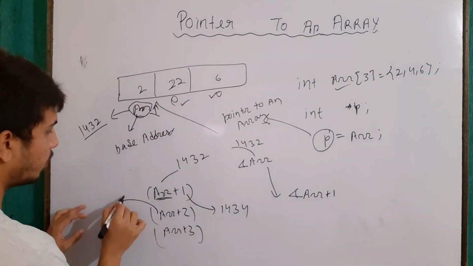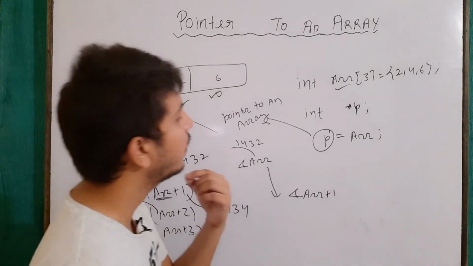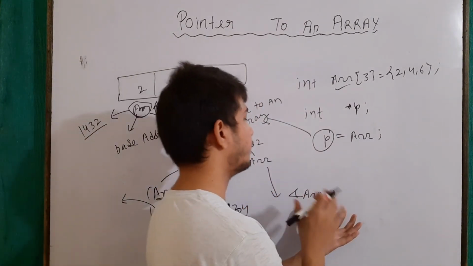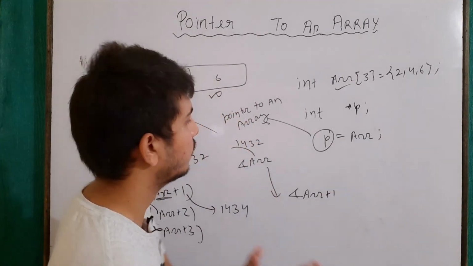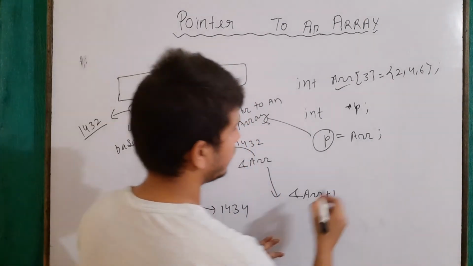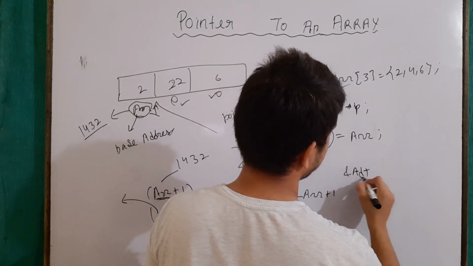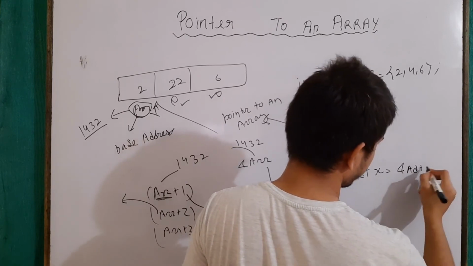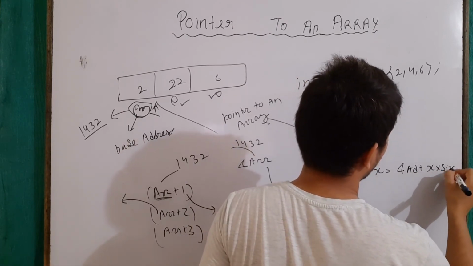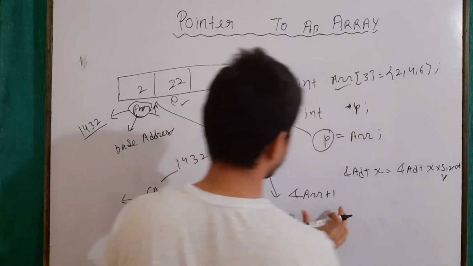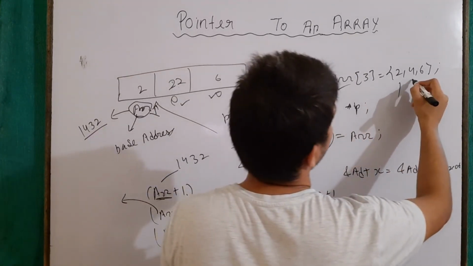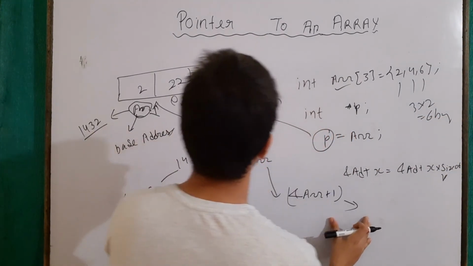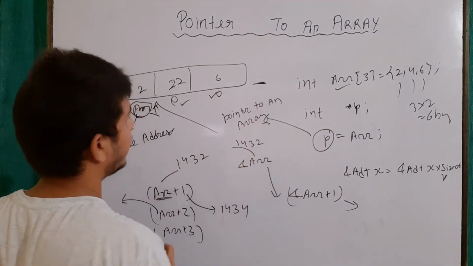Why? Because array is pointing to the address of a normal variable, while address of array is itself pointing to the address of the entire array. From pointer arithmetic we know that address plus any value x will be equivalent to address plus x times the size of the variable. So now the size of the entire array is 3 into 2 bytes, which will be 6 bytes. So this will give me the address of this location, right, not this location.